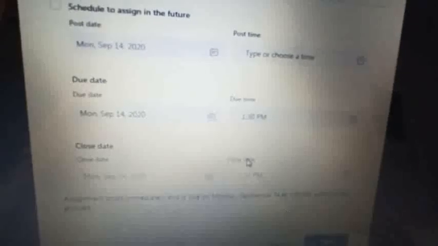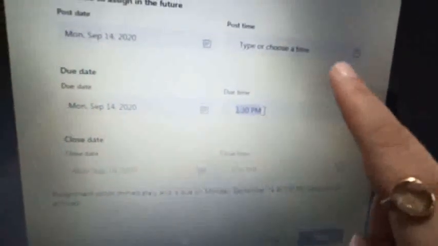So you remember due time and close time are always the same, right? Once you give the due time, like I have started the paper at, suppose, 7:30 in the morning, and the due time is 1 hour, so I'll post here 8:30. After 1 hour, 7:30 starting time, that is post time, and close time 1 hour later, that is 8:30. Okay, and remember this due time and close time are always the same.